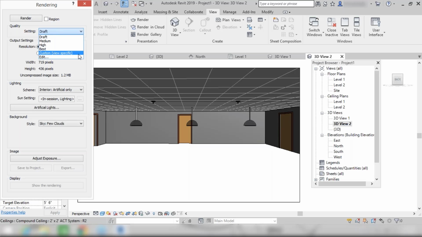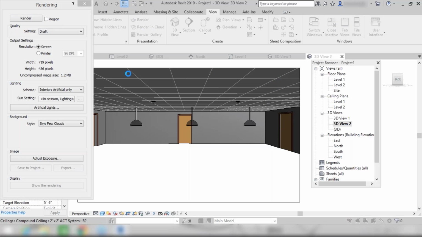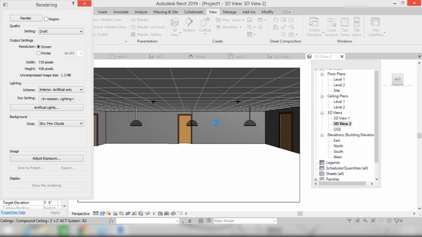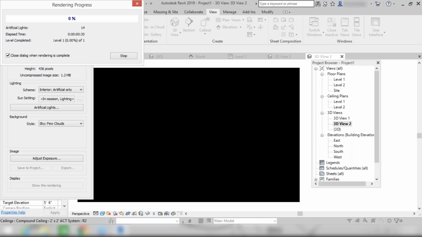Here we have some of the basic setting, that is draft. Whatever the quality of rendering you want, you can choose from here. Accordingly, it will take that time. So I'm going for the only basic rendering, that is draft. So select draft from here. After that, you can click on, right, this rendered option. It will take some time, and it will show you a photographic image of this particular room under the lighting only in the night view. So just wait for a minute until it's get loaded.